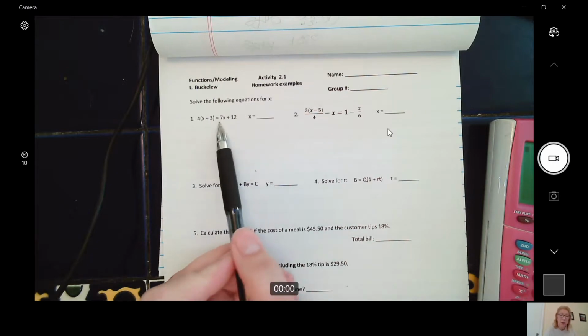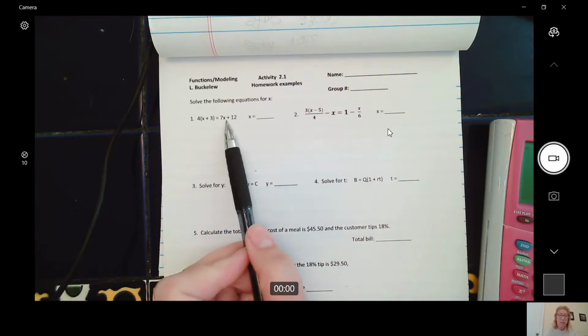Okay, we're going to do this worksheet that's got some examples for your homework from the next to the last section in Module 1, which is 2.1. We have several different kinds of problems in this homework set. Some of it is just having you solve single variable equations for the x or whichever variable it is, but